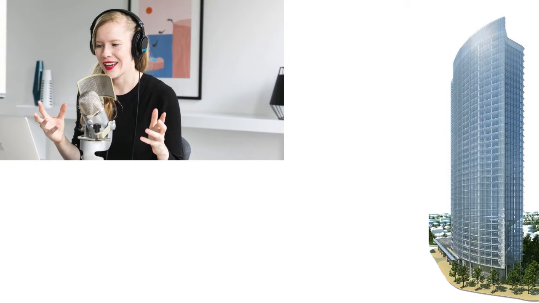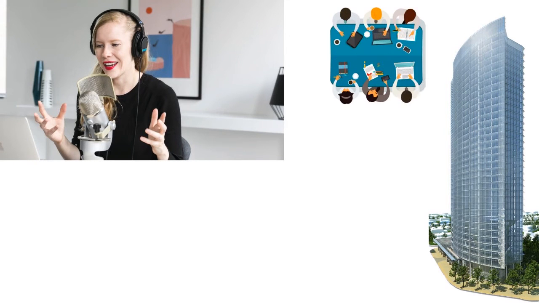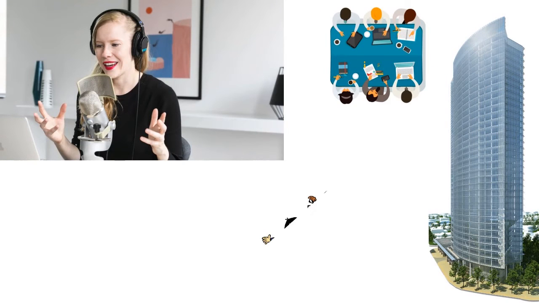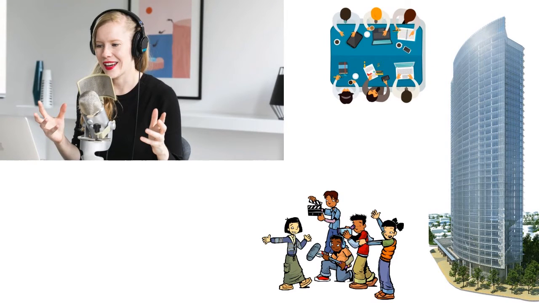And one thing you can also do is that, depending on the size of your operation, again, you don't have to be a news organization. I mean, you have a lot of in-house newscast production teams that do a lot of things. So you can assign several reporters to cover different stories. A typical newscast will have 4 to 5 news segments. Each news segment will cover one news story. And so what you want to do is assign a reporter to cover one story.